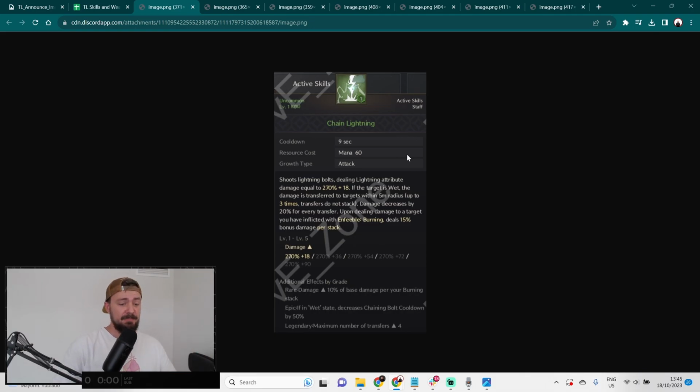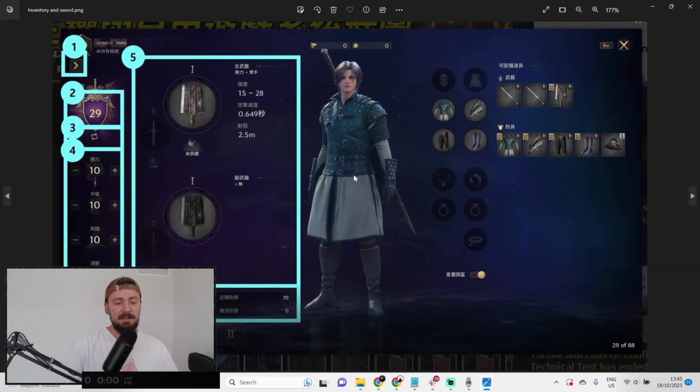What does it mean? It means that every weapon has attack power. For instance, like this sword. This sword has attack power from 15 to 28. So it's randomly, or based on the defense, agility and other stats, that you will hit this target from 15 to 28, right? With attack speed